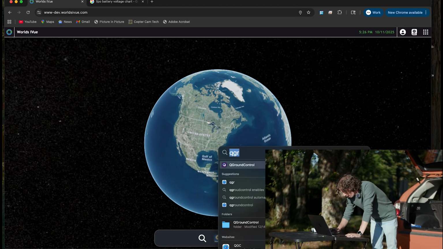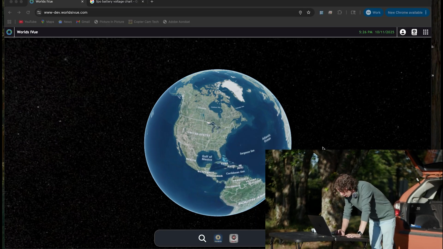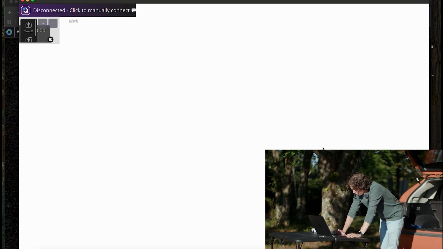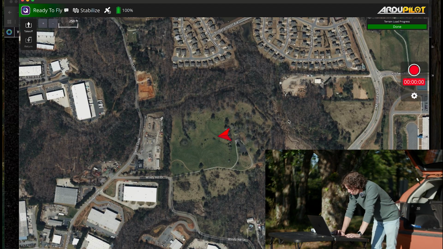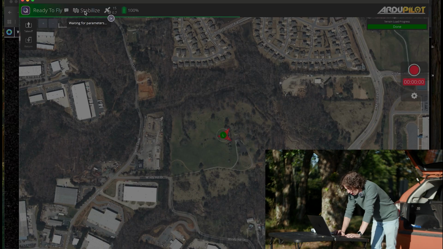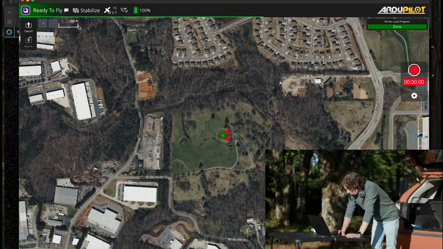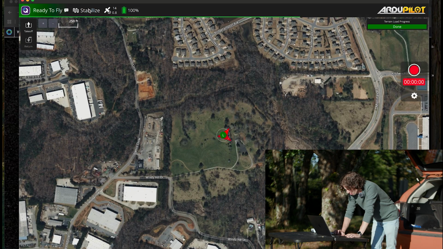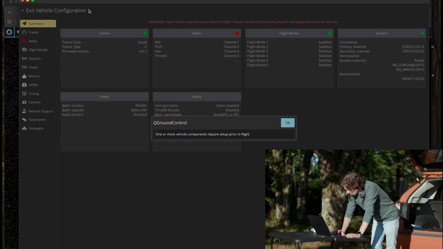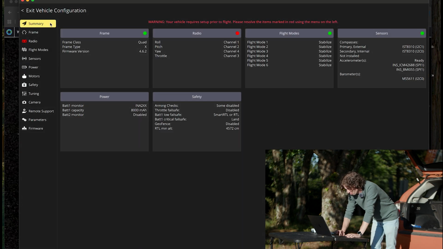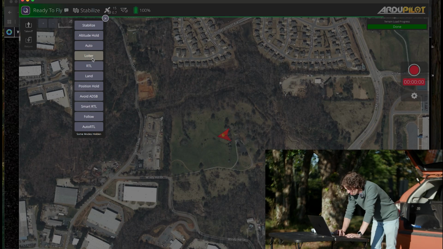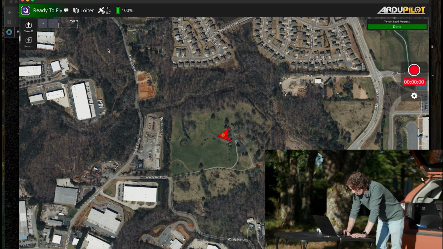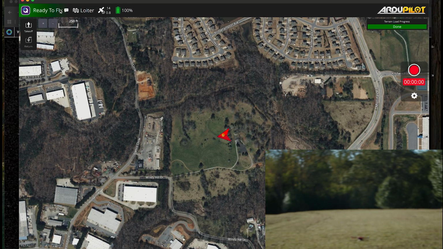All right. And that message finally popped up like I mentioned. Let's go ahead and open up QGroundControl. It looks like we're ready to fly. What happens if we were to choose loiter flight mode? Loiter flight mode. All right, I think we're going to be good. So